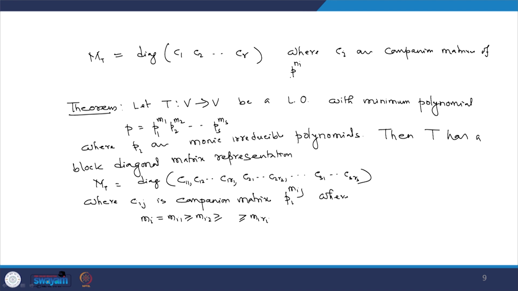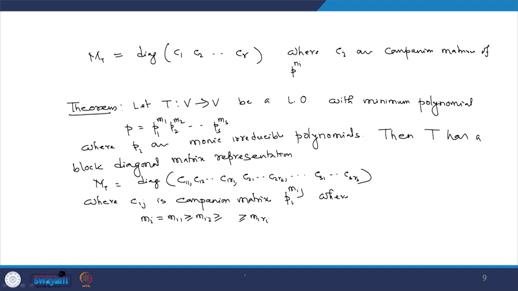Now, the generalization of the above lemma, which is coming in terms of these theorems, is saying that if T is a linear operator on V to V with minimal polynomial p equal to p1 to the power m1, p2 to the power m2, up to ps to the power ms, where pi is a monic irreducible polynomial, then T has a block diagonal matrix representation